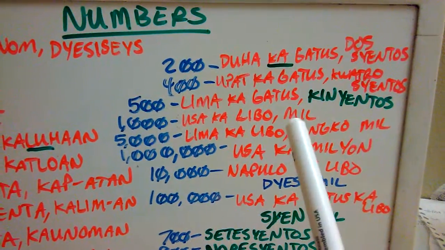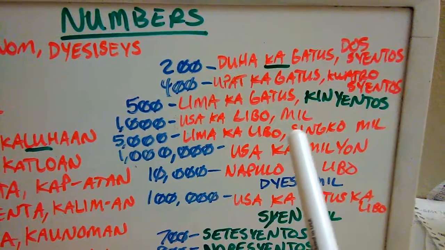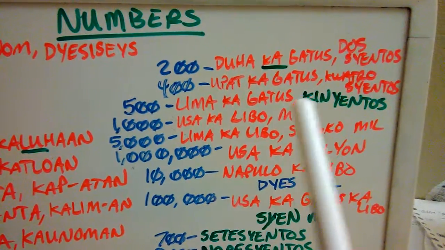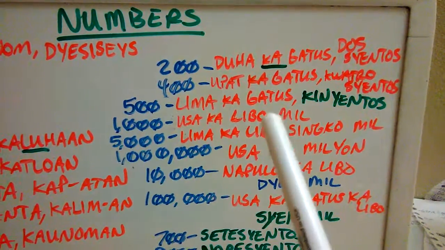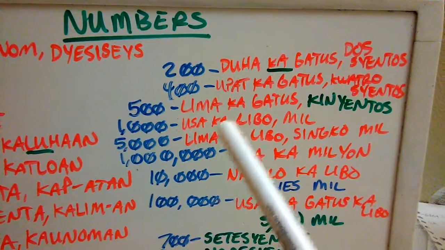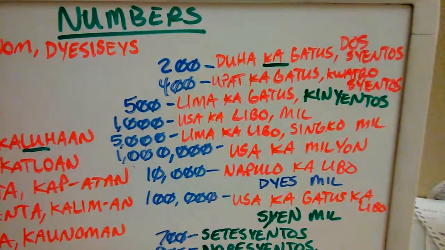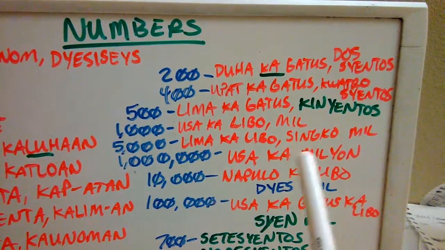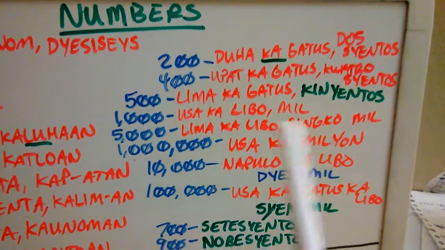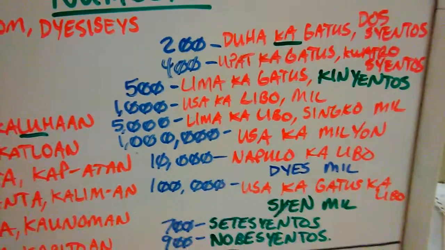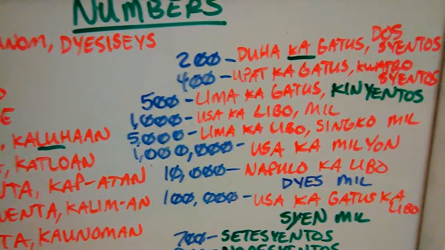1,000 for the Hispanic set is mil, okay? And the indigenous set is usaka libo. Again, because now libo is like the 100, it's considered an object or a noun. So then we use usaka libo, 1,000. 5,000 is just an example. I wanted to put 5,000, right? And then we get to 1 million, usaka milyon, which is, the million is going to be the same